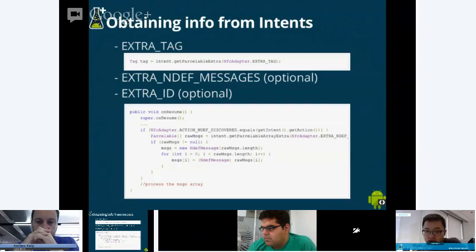The code snippet here is an example of how you get the NDEF messages. You get a list of possible raw messages, and then you cast these raw messages to the NDEF message. Just loop through it.